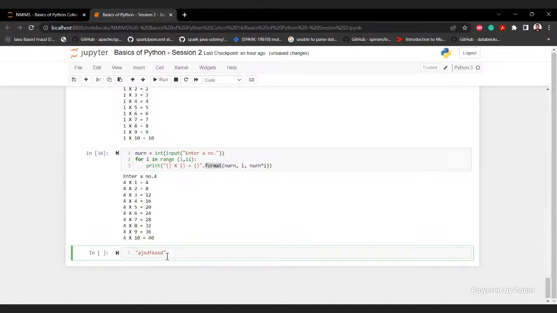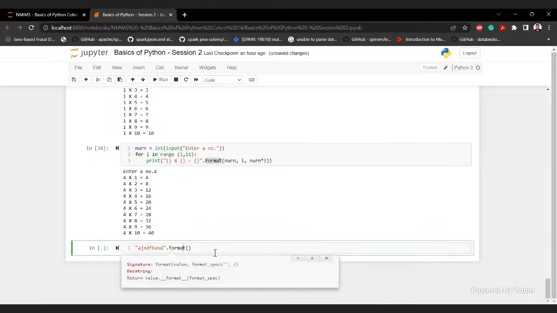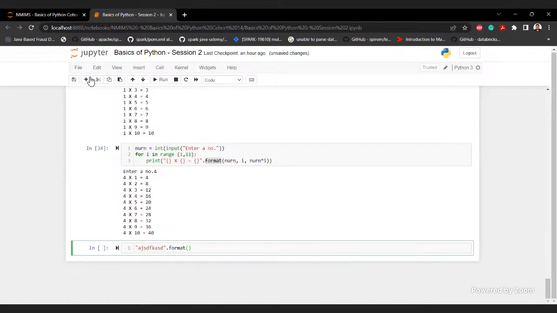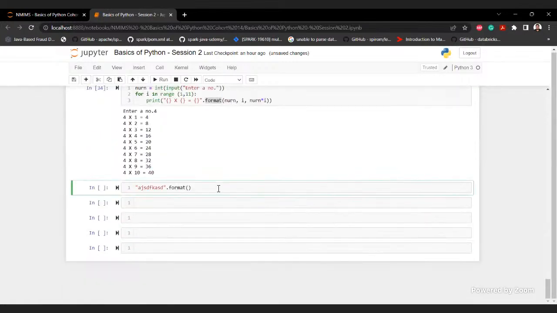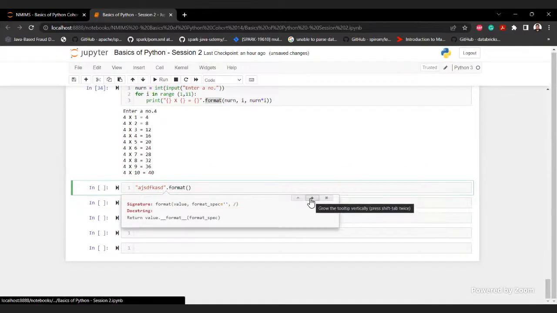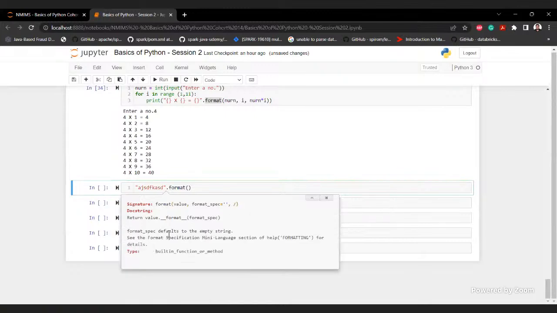So let's just take this string, hit a dot, and if you hit enter, you will get to see a format option over here. So why do we use format? If you don't know anything about a function, just use shift tab. Just take your cursor over it and press shift tab. It will tell you what it does and how it does. Okay, so I'll show it to you. I'll take my cursor over here, shift tab, click on this plus sign. It will expand this window and it will tell you